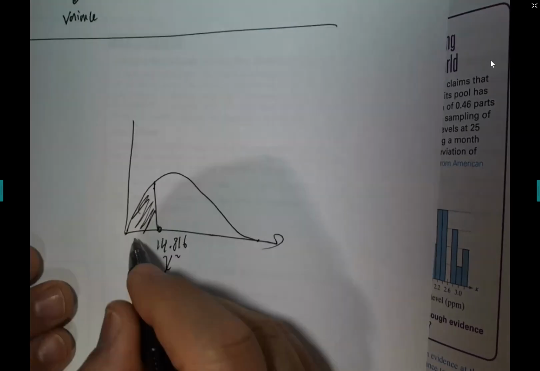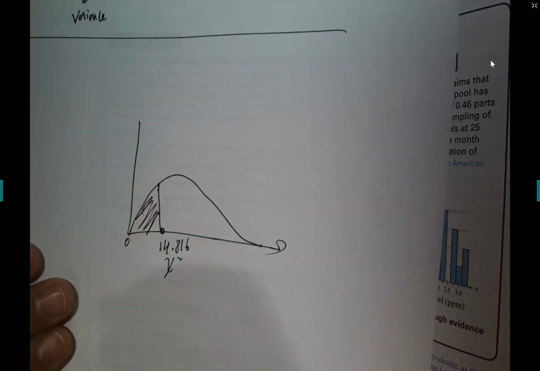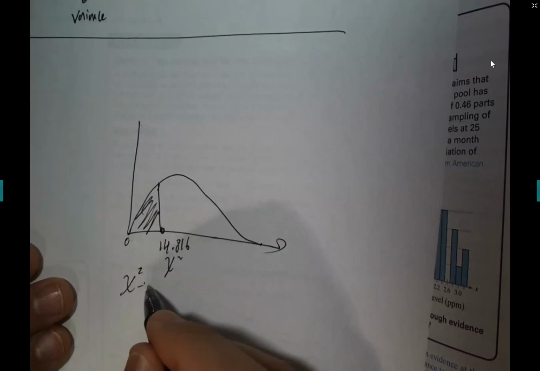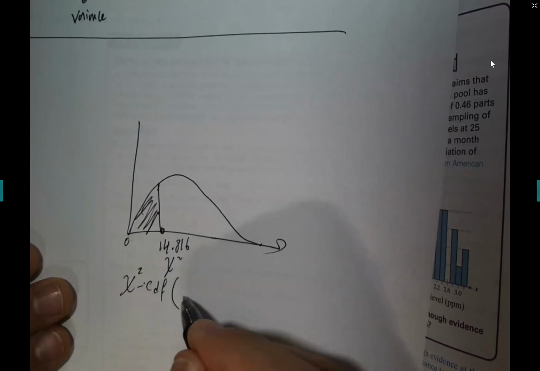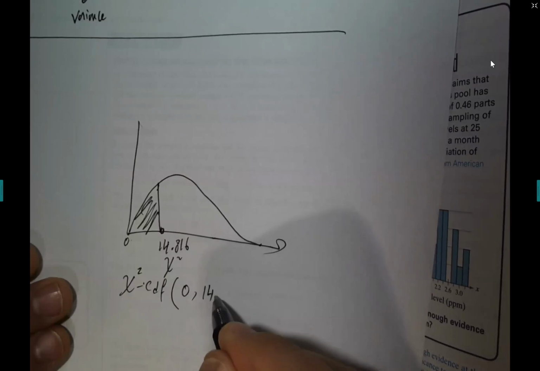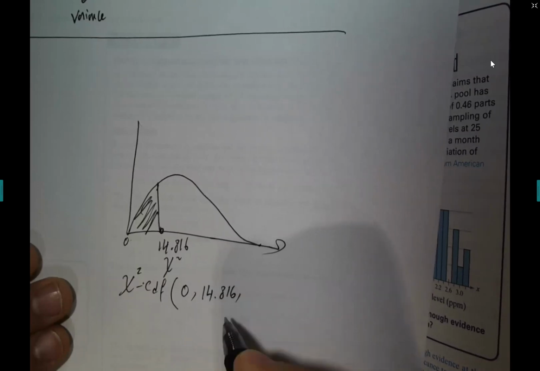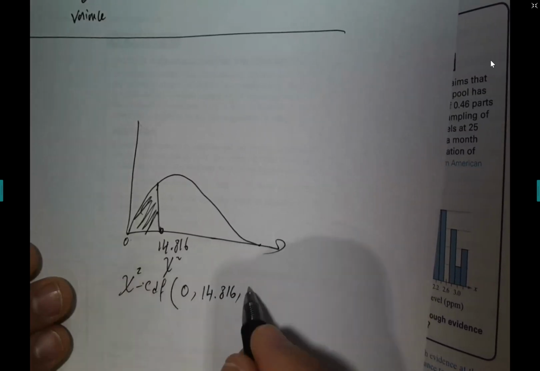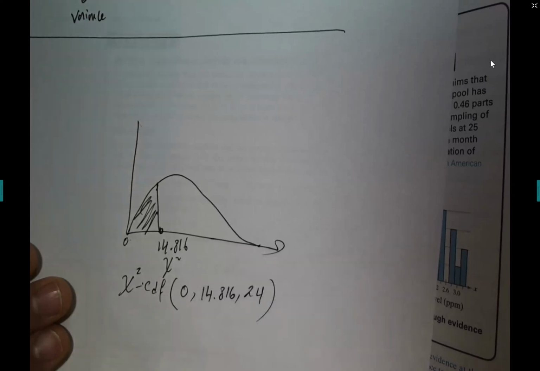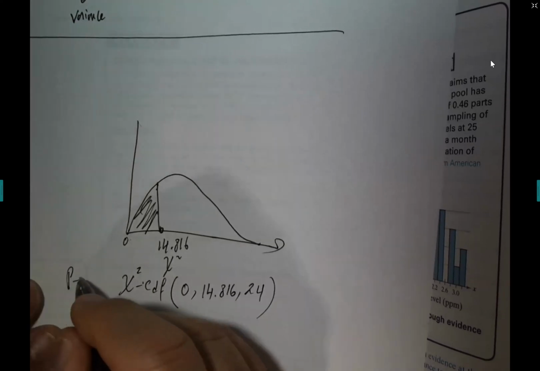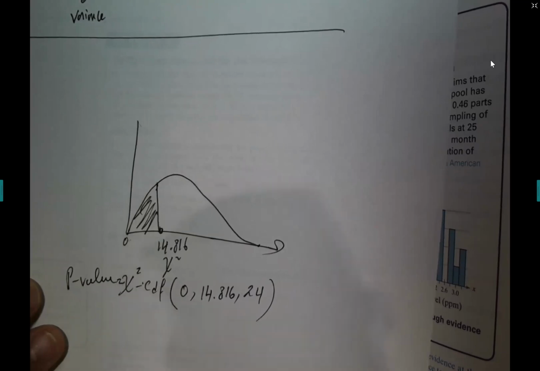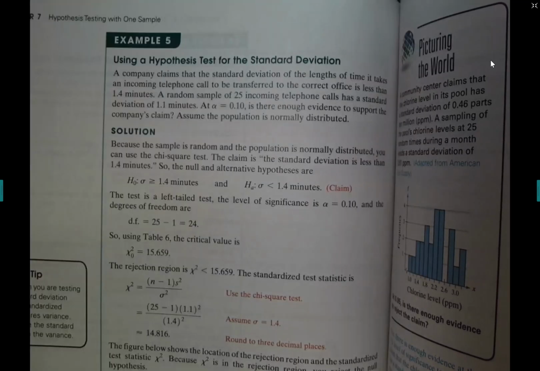So you go to chi-square CDF, and you put lower bound 0, upper bound 14.816, and then your degrees of freedom is 24, and then you can get the p-value, guys. That's how you do it. All right. So that concludes